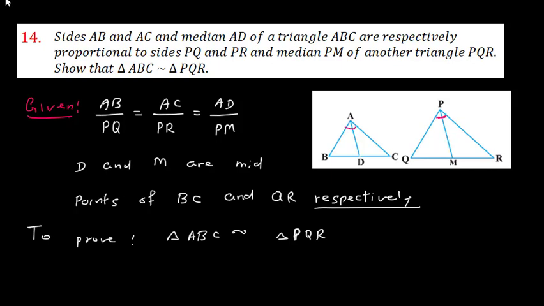So if we say that in one question, like I think in the 12th question, there was a similar kind of question, but there we were getting one triangle, two triangles, and based on that we proved that angle B and angle Q are congruent. But the same thing is not happening here. Then what will you do?